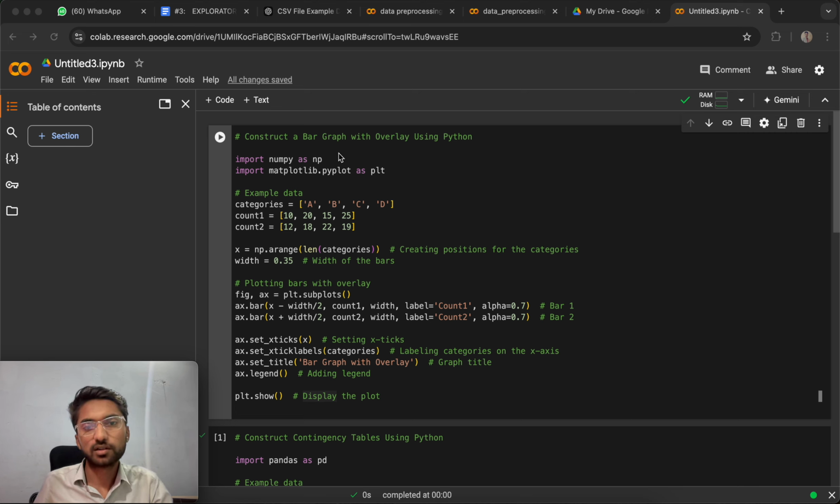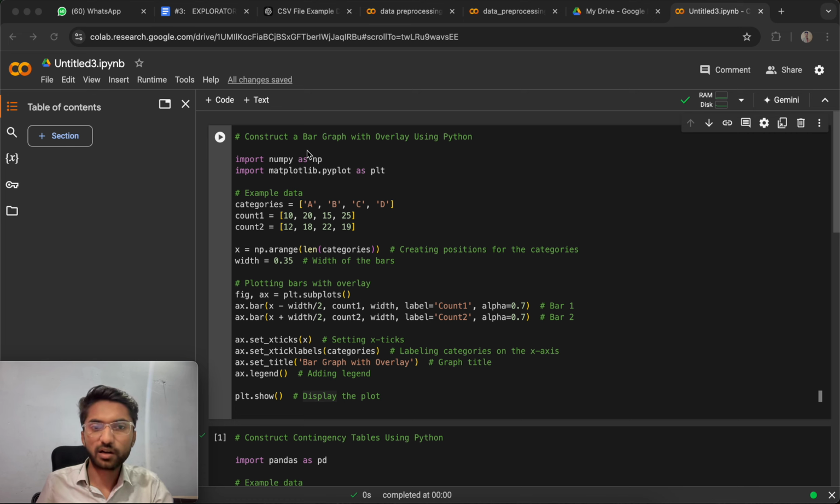Okay, so construct bar graph with overlays. Firstly, what is a bar graph? A bar graph is a common graph used to show the relationship between two variables. It is mostly used for showing relationships. What is the meaning of overlays? Overlays means we plot two bar graphs simultaneously to show the relationship.